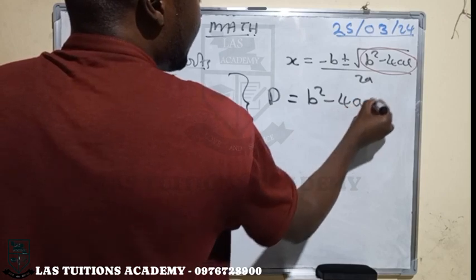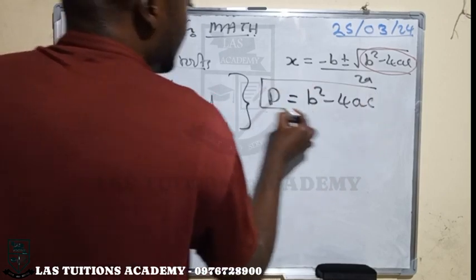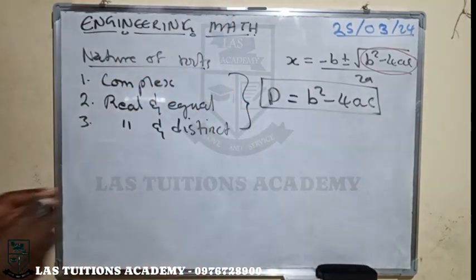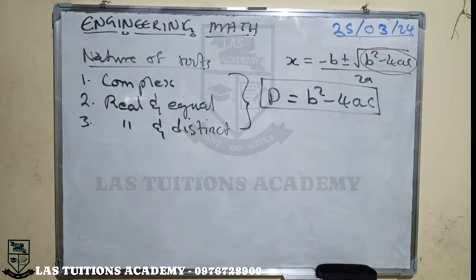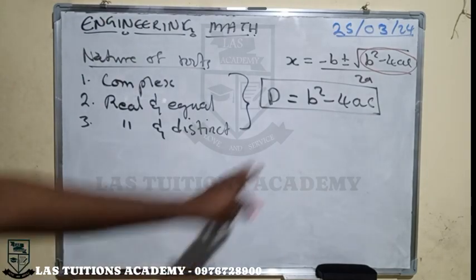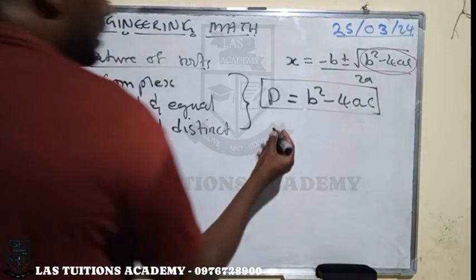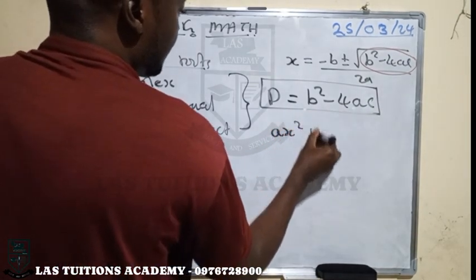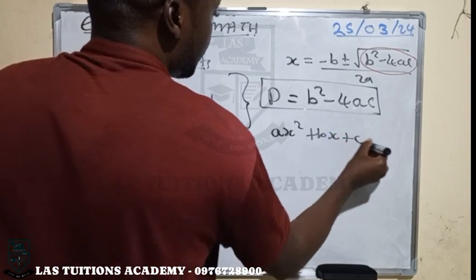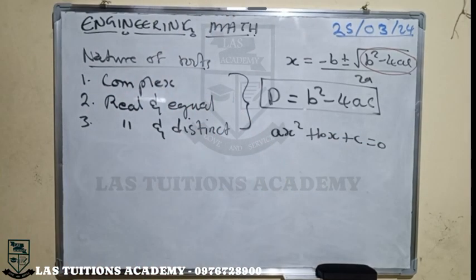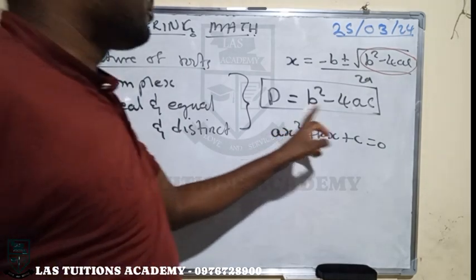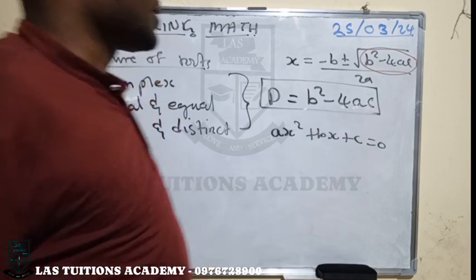This is all you need to know the nature of the roots, where you know your a, b, c for a quadratic ax squared plus bx plus c is equal to 0. Having known a, b, c, you replace your a, your b, your c, and then you'll be able to